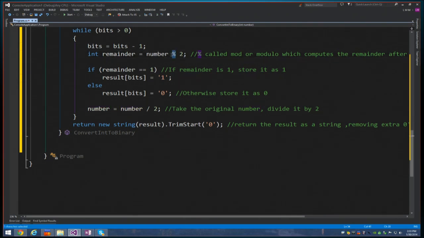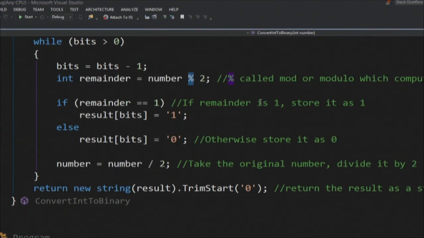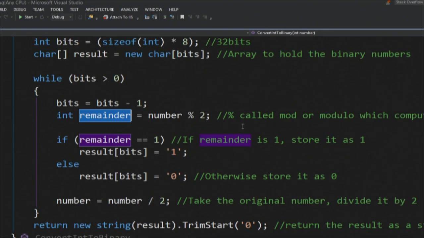And what this fancy little character here is, it's called an operator. Just like if I were to put a division symbol here, I'm using what they call a mod, or a modulo. And what that means is it's going to give me the remainder. Rather than giving me what I divided, or my dividend, it's just going to give me the remainder. In this case, your 0 or your 1. Oh, that's cool. Yep. So in our example, if you were to run that on the number 41, it would give you a remainder of 1.